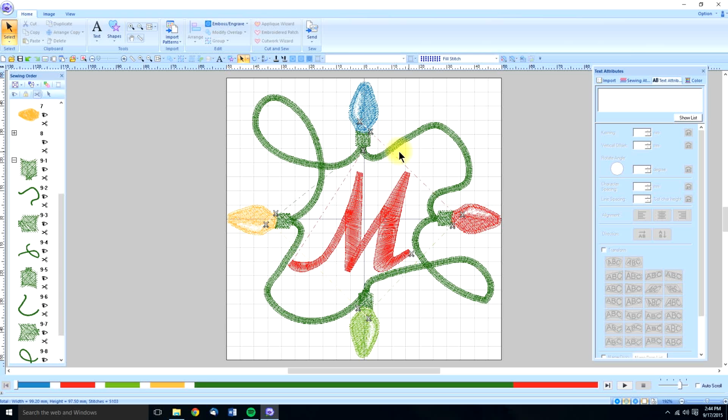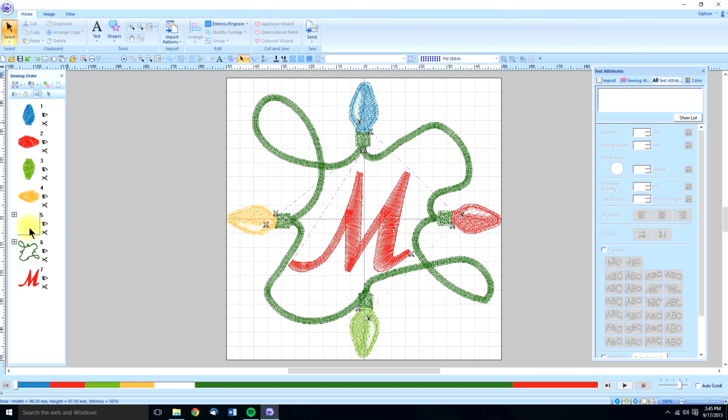Now look how all those little scissors disappeared, except for the last one. When it jumps to the M, it's changing colors because it has to cut and trim there. But you got rid of all the other trims there. Now we can go to our optimized thread order, and that way you don't have to switch colors if you're using a single needle machine. It'll do all your whites at the same time, and you've eliminated a lot of jumps. And that is why we put those entry exit points right at the bottom, so that when it sews out,